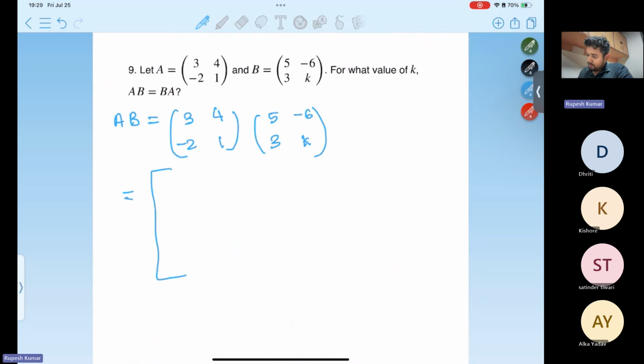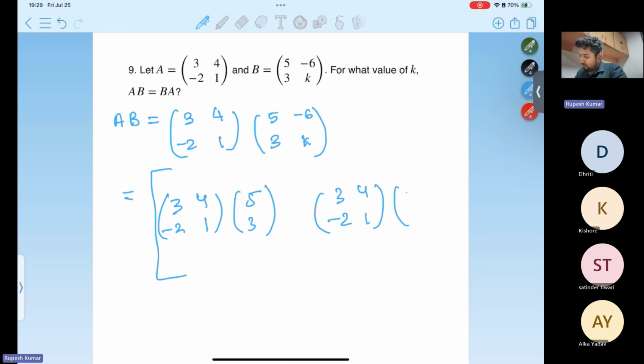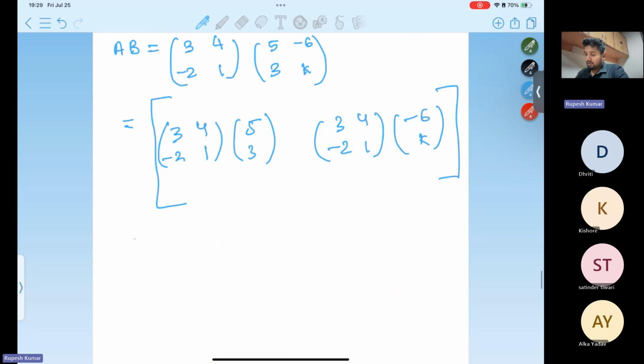a matrix containing these entries, AB1, right? 3, 4, minus 2, 1. So you can see how it comes handy, right? This is a matrix vector product. Again, you can say 3, 4, minus 2, 1 and minus 6 comma K, right? So this is how you can solve this easily, right? Now this matrix product you can write as